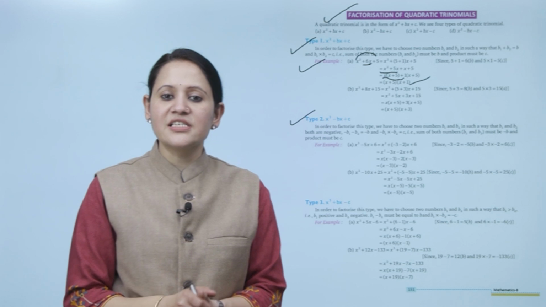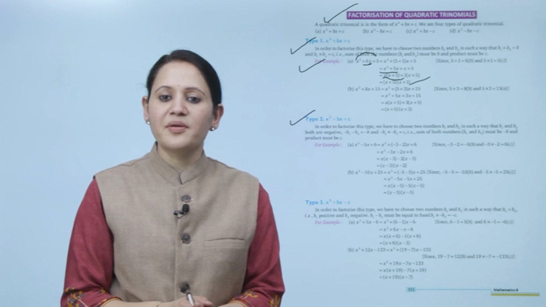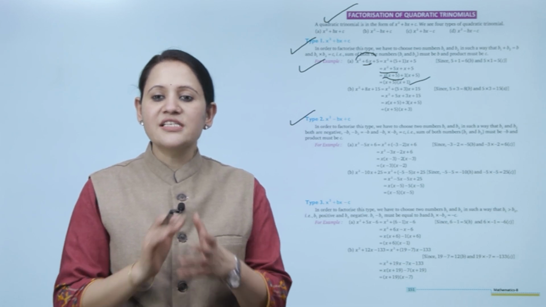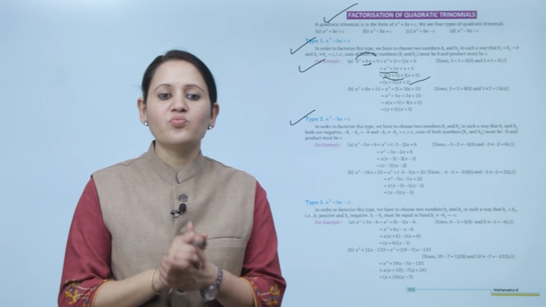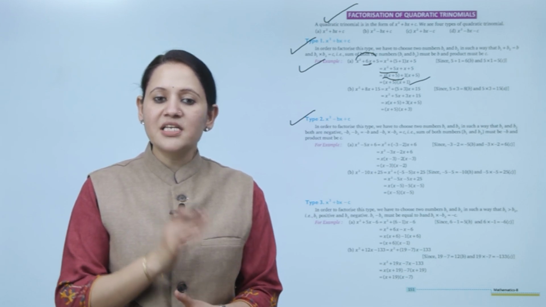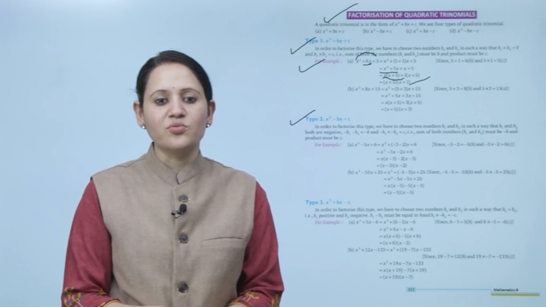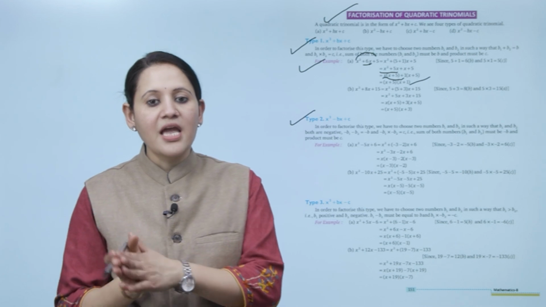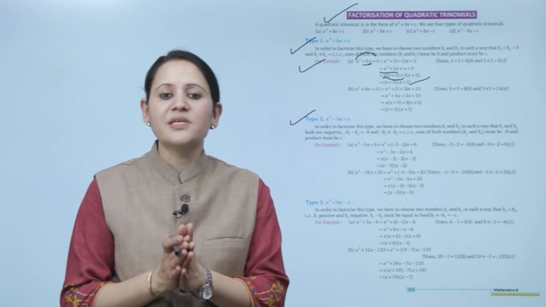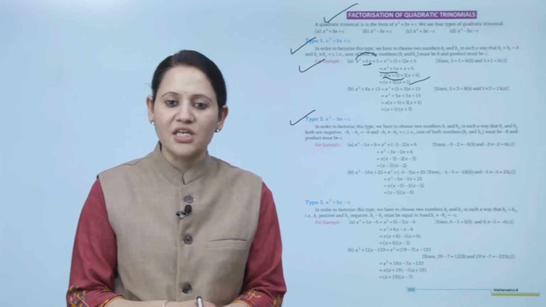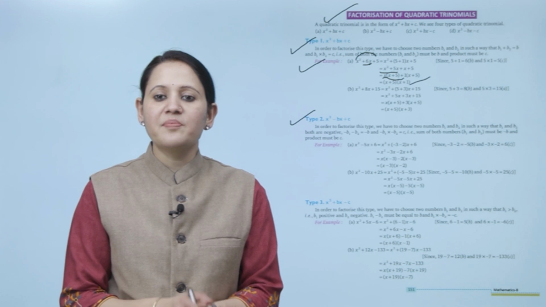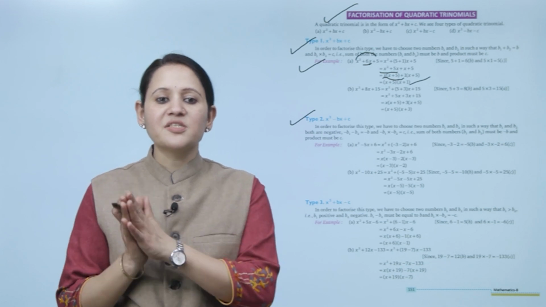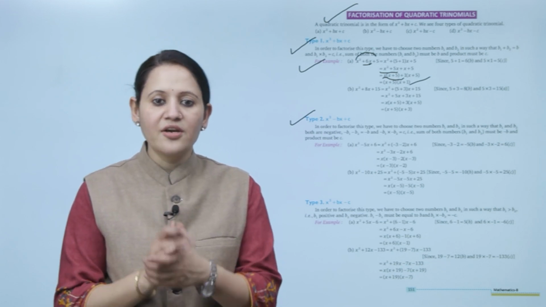In order to factorize this type, we have to choose two numbers b1 and b2 in such a way that b1 and b2 both are negative. Minus b1 and minus b2 that is equal to minus b, and minus b1 and minus b2 का product जो है that is equal to c. Sum of both the numbers b1 and b2 must be minus b and the product must be c. For example,